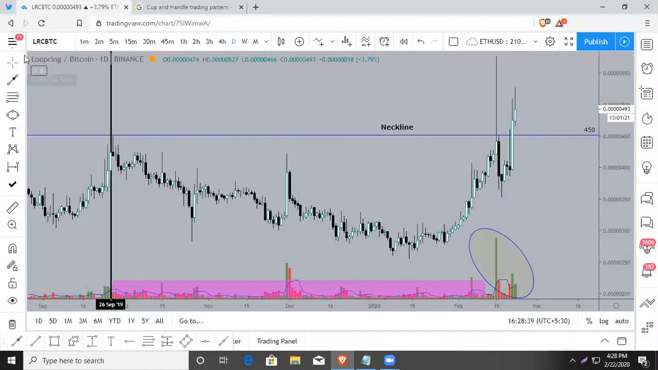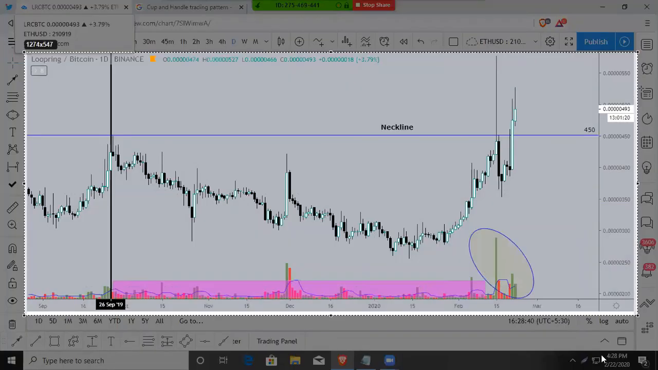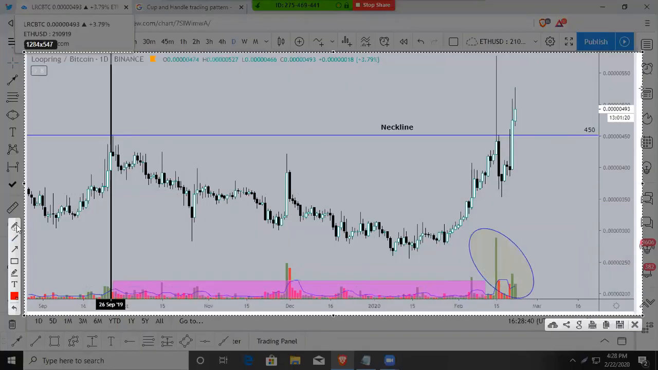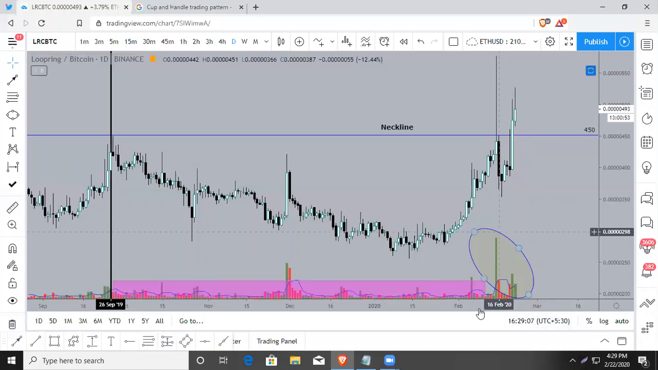The volume should rise at the time of handle formation, and when price is going to retest the neckline while completing the cup shape. The volume was increasing from this level, right? So the volume was increasing, okay? So that's why this cup and handle pattern was actually a good pattern to trade, and that's why I was very